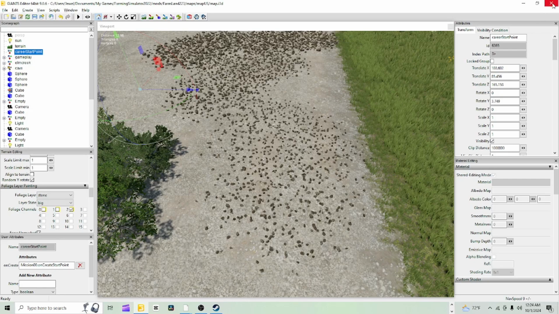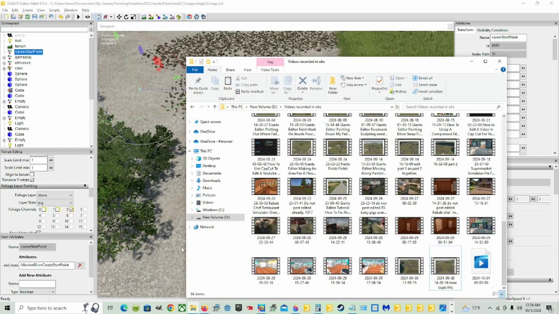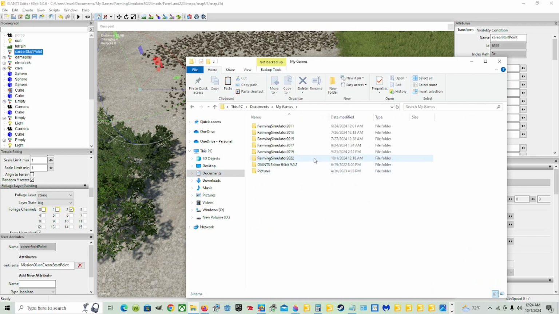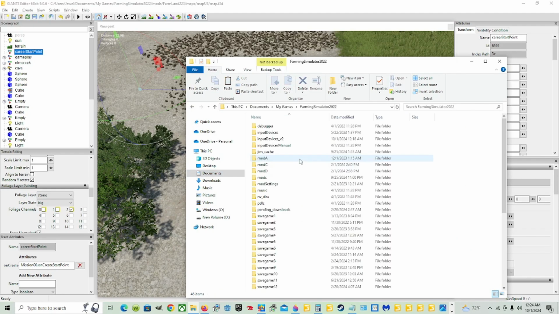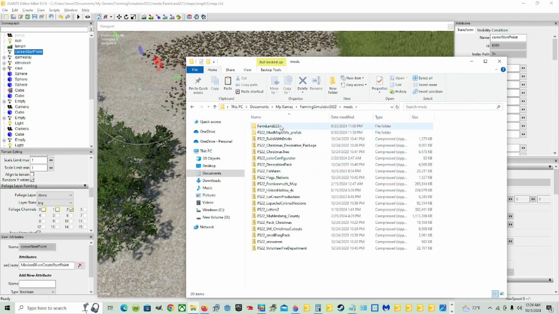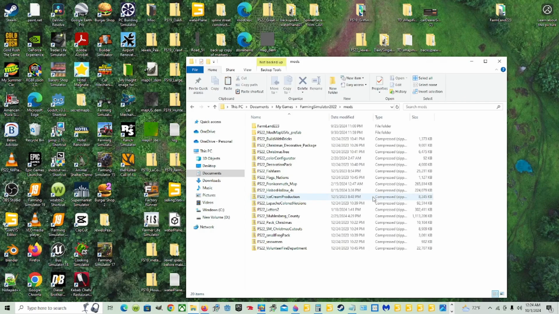Alright, we've already saved, so what we're going to do is go to that folder. I gotta get to it. Documents, My Games, Farm Sim, let's see. Alright, this is the one. So we're going to have to X out of this. I've already saved it because we obviously went in the game. So we're going to go ahead and hit that. And now this is the one because it's in my mods folder. We're going to click on it